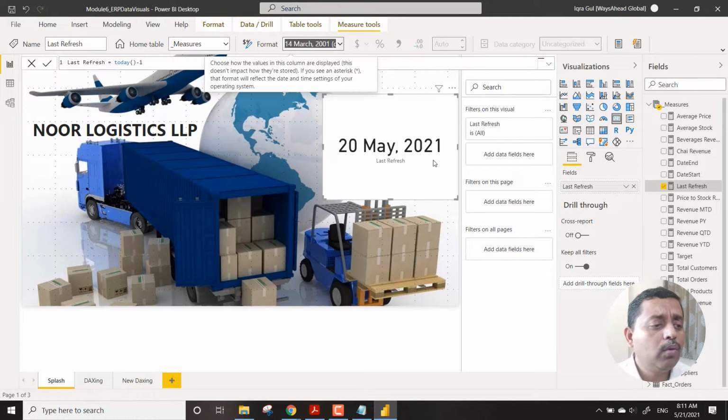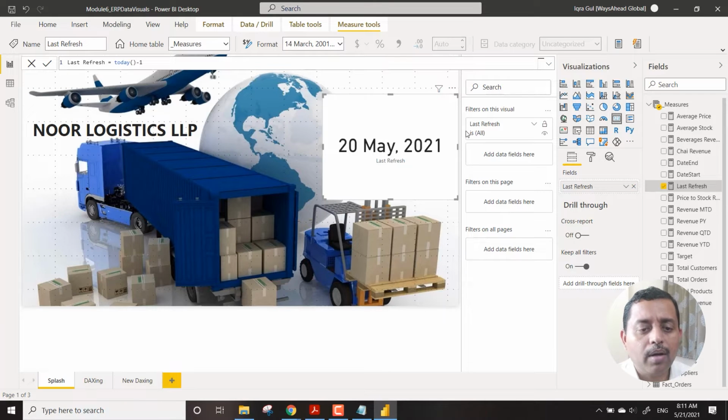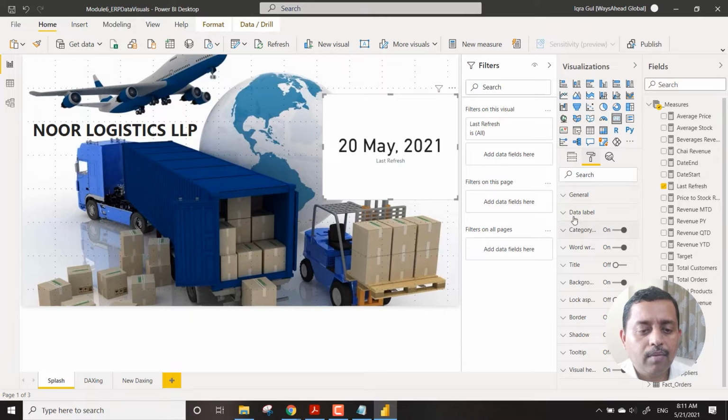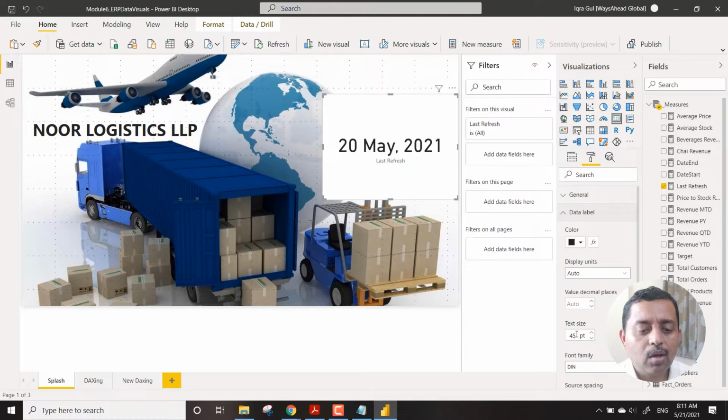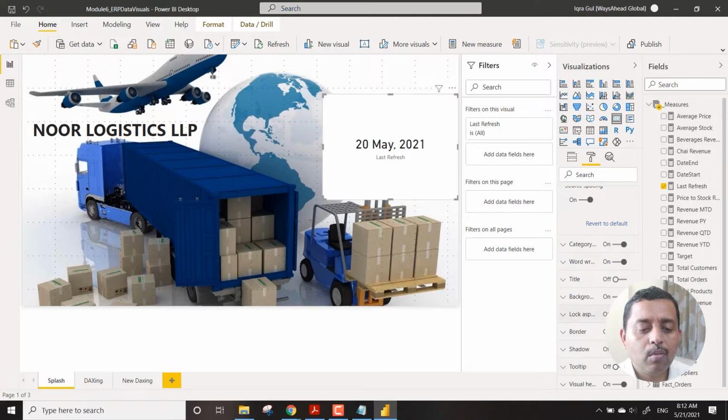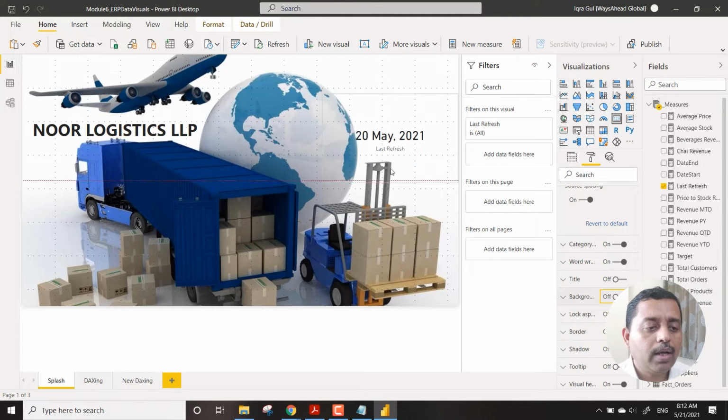And then what we do is we have options over here through which you can definitely trigger the size of this. So suppose I just want it to be this size, and definitely we would like to remove the background so that it looks something like this.